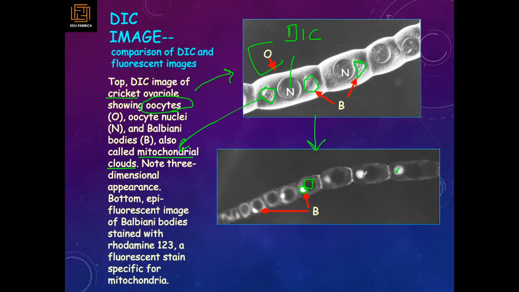They are stained. The reason for the shining is that we have stained with a dye named rhodamine 123. That's a dye which particularly attaches to these Balbiani bodies, and that's why we are able to see these things. These are specific for the mitochondria; mainly the mitochondrial part is visible. So we can see in these two figures how distinct the image is in the DIC,